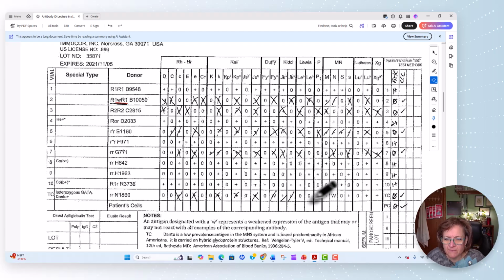I've got no Lewis's. I got my P there. I got M, and see, N is weak there, but because they're both there, even this, I'm going to give them both single lines through. Give the double line for the S, little s, Lutheran B, XGA. Whew. Okay, so now the next step when we go back to our PowerPoint